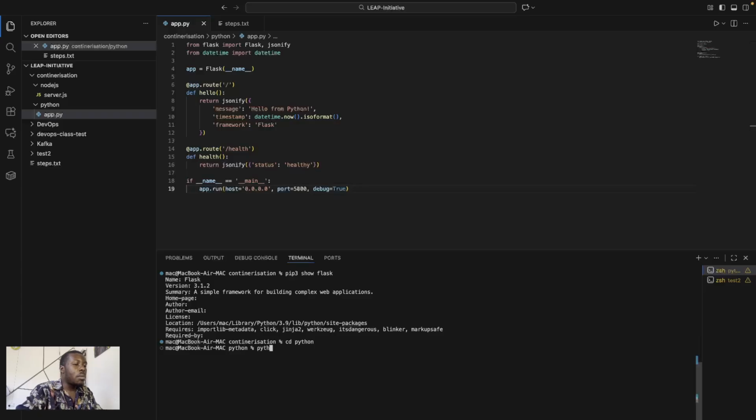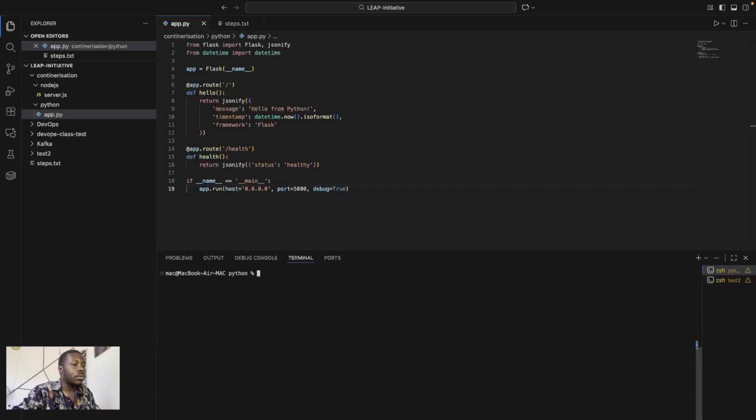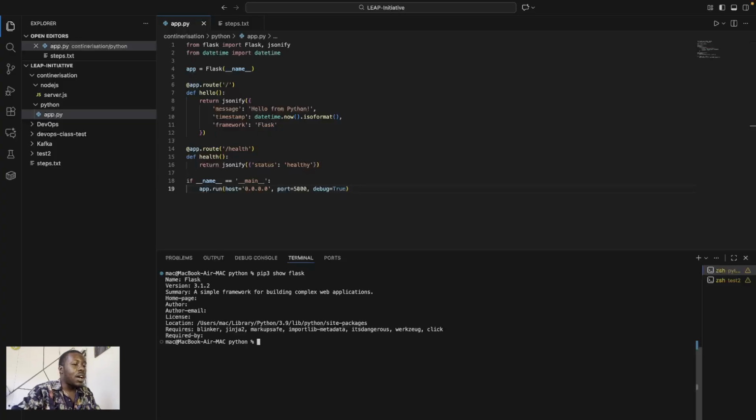Then we do python3 app.py. Now let us run the application.